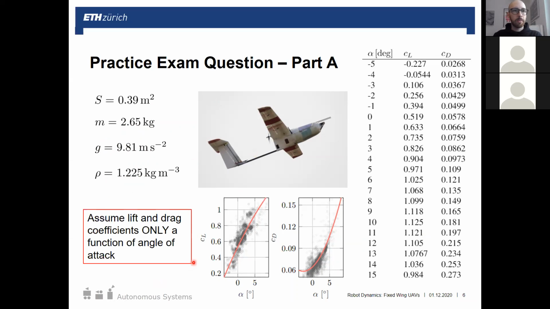Another thing here: I always remind myself with red boxes what to talk about. We're also assuming in this exam question that lift and drag coefficients only depend on angle of attack. So basically what you see here with this red curve,